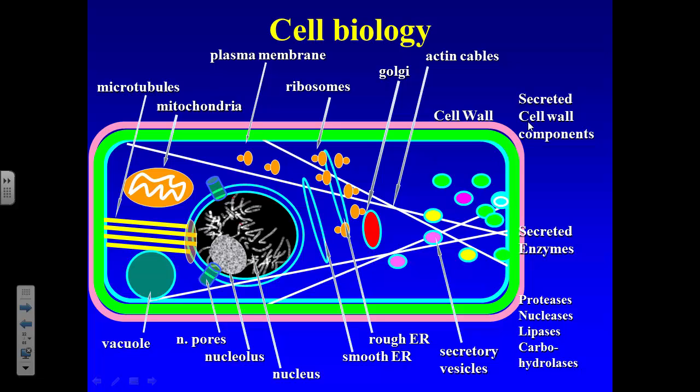And what's secreted in most cases are two types. One is cell wall components and cell wall synthesizing enzymes that produce that bilayered glucan and mannan cell wall. So for example, all the mannan synthesis is done outside the cell, after the secretion of the glucan cell wall. And more importantly, we also have vesicles that secrete proteases, nucleases, lipases, carbohydrolases, a nice mixture that if